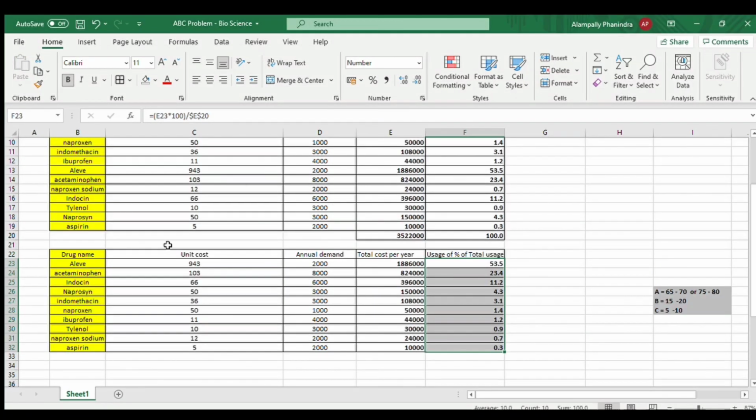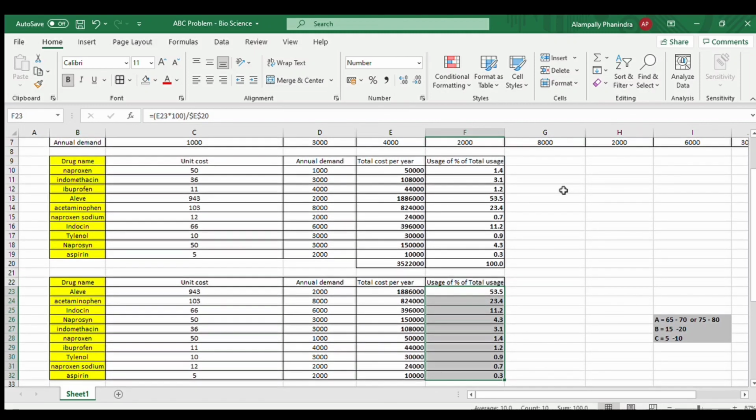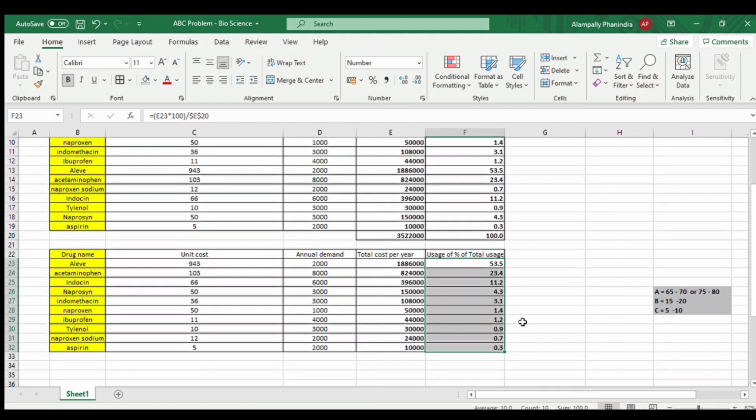Check. All the values have totally changed, right? As you can compare, till now what we have done is just a copy paste of this table downward. One more difference is that we have designed this table in descending order, in the sense from large value to small value, from high value to small value. As you can see here, 53.5 is the highest value and 0.3 is the lowest value in the data which we have represented, right?